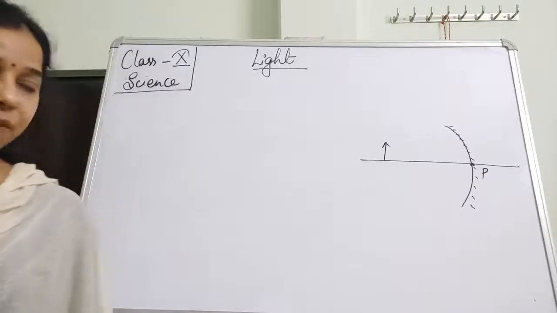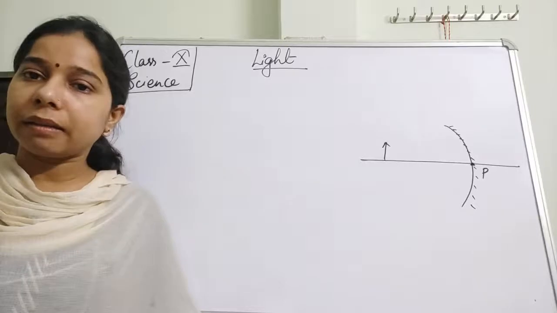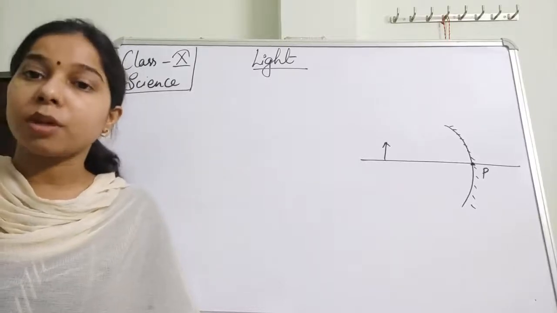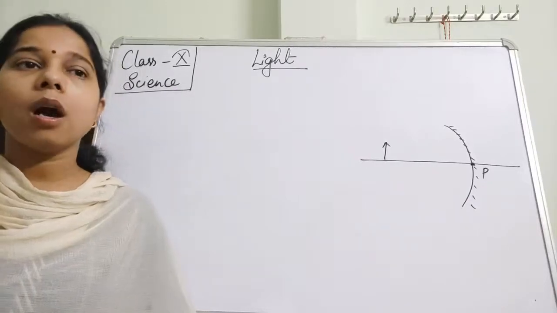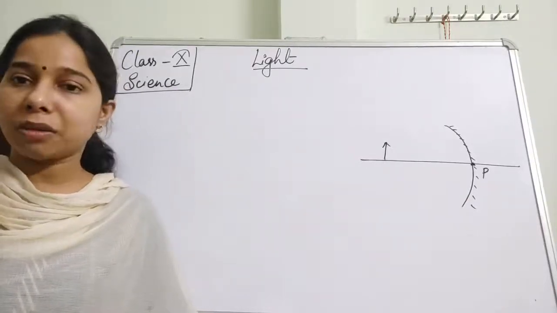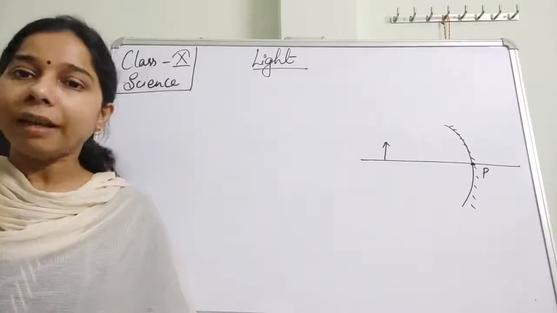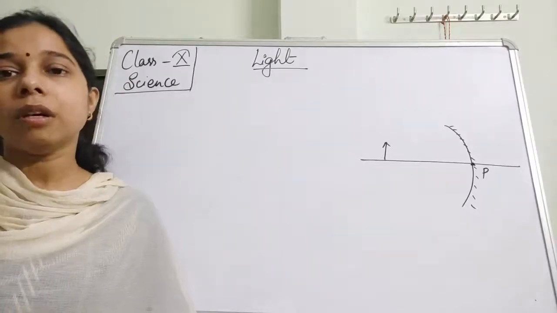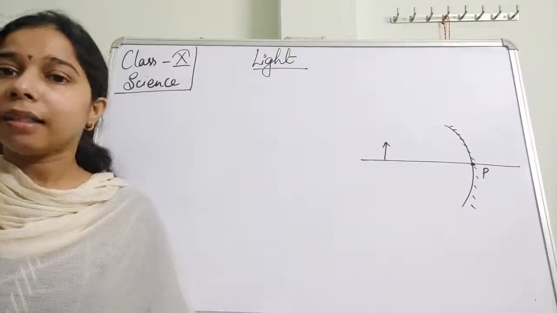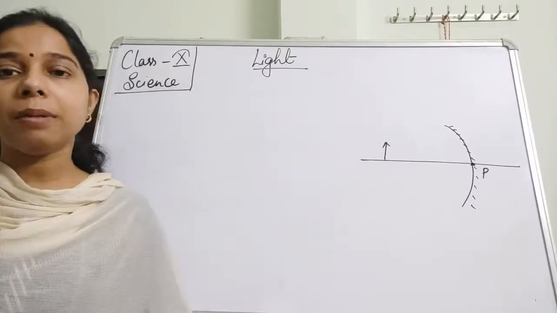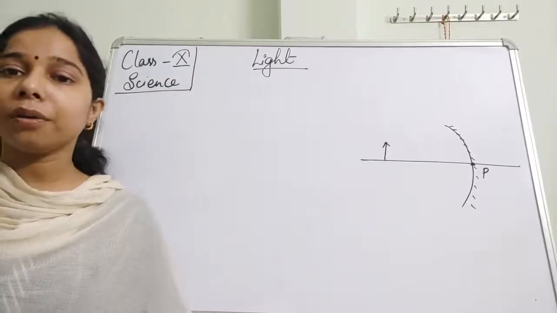So students, in the previous class in this chapter, that is light, we were talking about some of the numericals, which are questions related to the position of the object and that of the images. We have seen what will happen if the focal length is given to us, how we can find the center of curvature, and with the help of the value of the focal length and the distance from the pole to the center of curvature, that is the radius of curvature, that helps in finding where the image will be formed if the object is kept